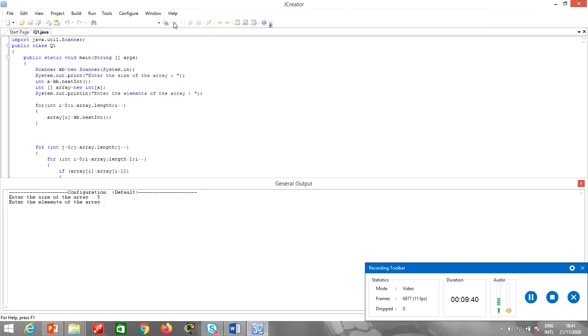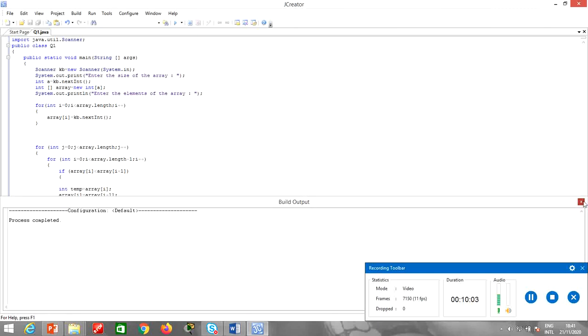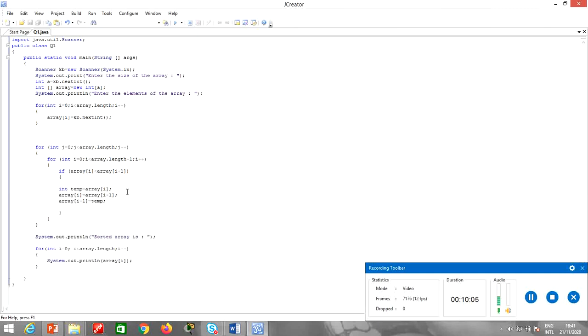5. Okay, let's start entering the elements: 3, 1, 15, 4, 12. So my sorted array is 15, 12, 4, 3, 1. This is the case of descending order. Now what we need to do is it in ascending order. Another way, which is actually the preferable way,